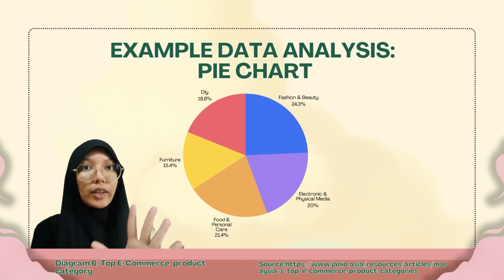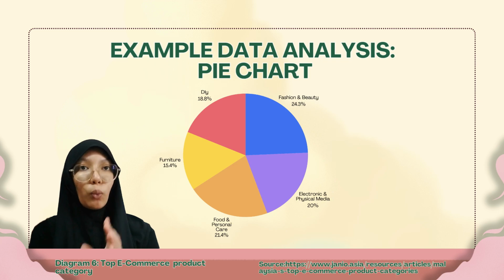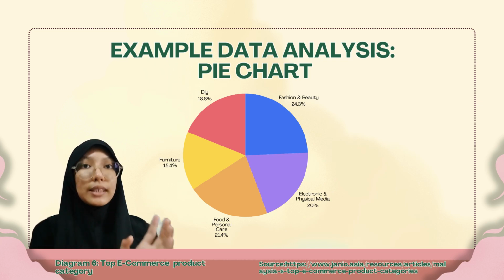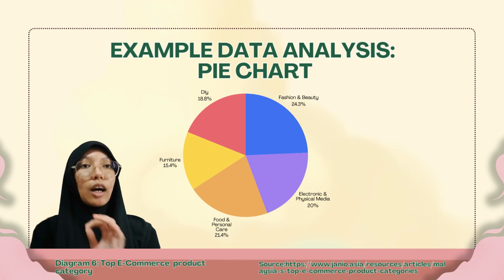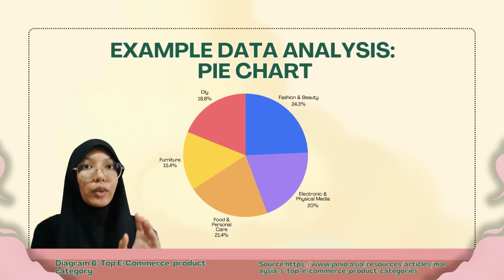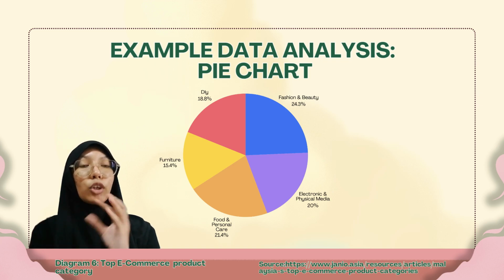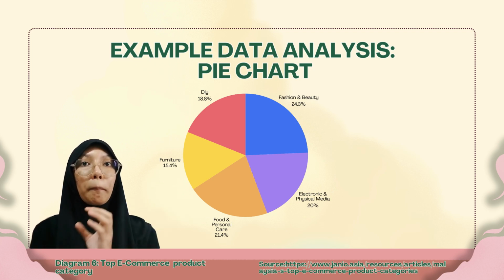There are 5 categories: fashion and beauty, 24.3%, food and personal care, 21.4%, electronics, 20%, DIY, 18.8%, furniture, 15.4%. From this data, we can clearly see that fashion and beauty is the most popular category, while furniture is the least popular. This means people prefer to buy items like clothes, skincare, and beauty products online compared to bigger